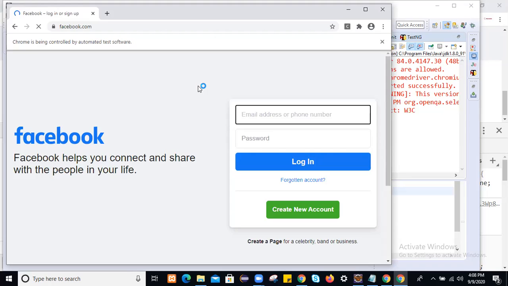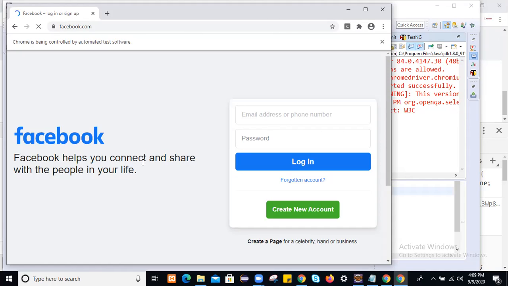Now you see on this page, Facebook helps you connect and share with the people in your life. On this page, it will retrieve all the links. If there is any link which takes you to login, then it will perform the click operation on the login link tag.